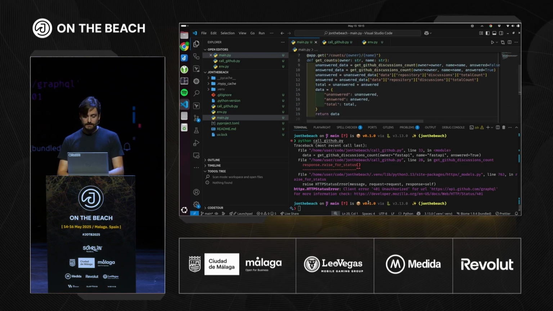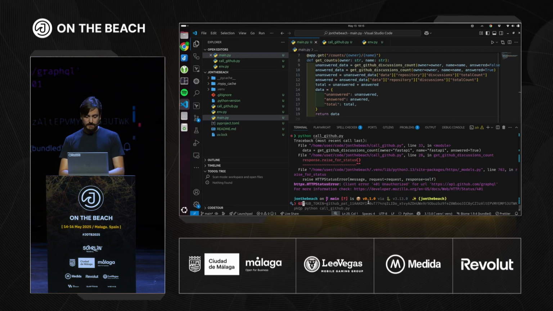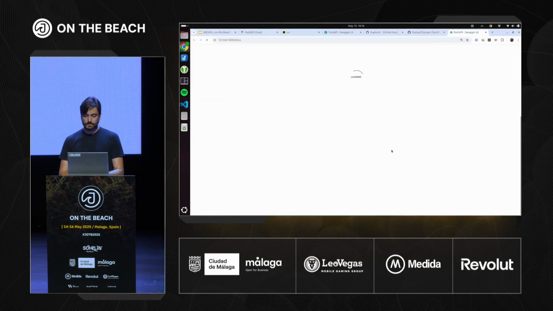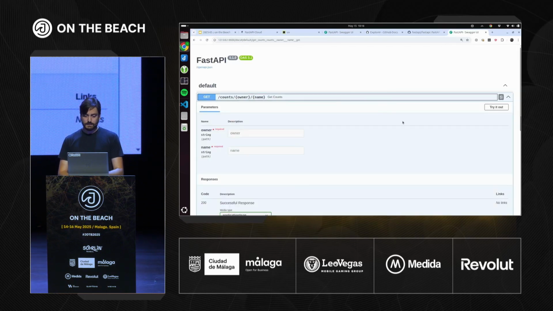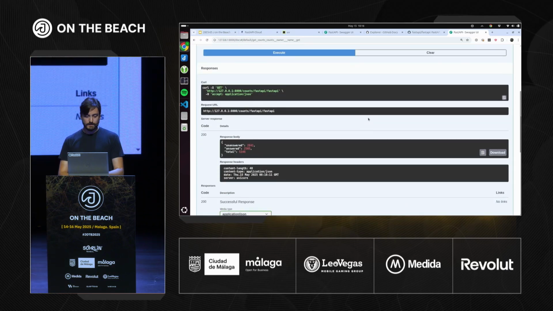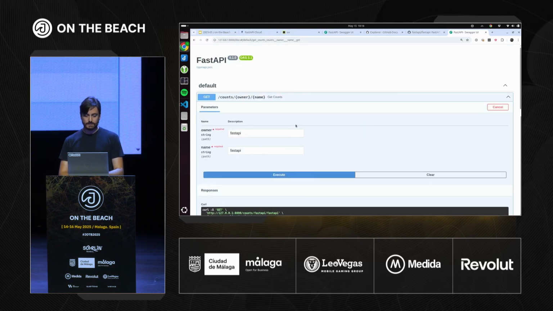And if we run this thing again, FastAPI dev, I was going to show you how it errors out if we don't set the token, but we're going to skip that. GitHub token, this was pretty much it. And then we're going to say FastAPI dev. So we're running this in development mode. Now we have this. We can say, hey, I want to get the thing for FastAPI. FastAPI, give me that data. And we get the response back, so we have an API for that.